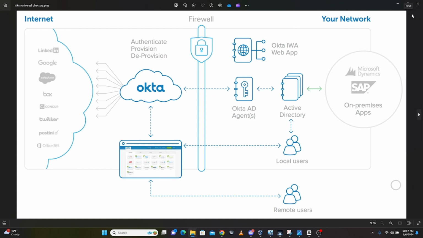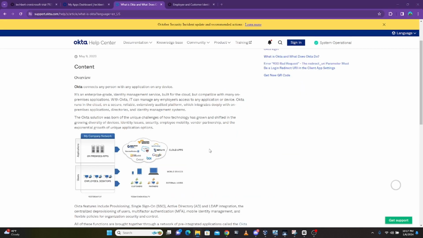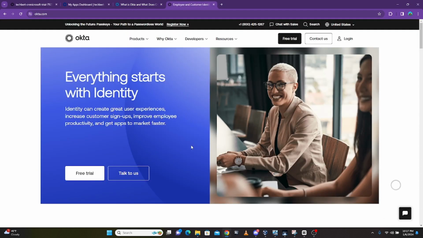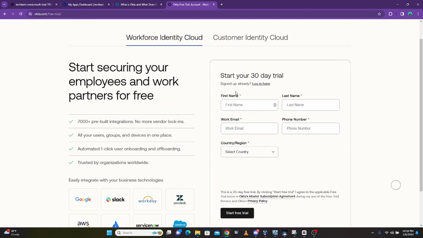Now let's go to the Okta dashboard so that you can see what we're looking for. If you want to sign up, if you like what I'm going to show you, if you want to practice it, if you want to use Okta or get to know deeper things about Okta, you have to sign up for a 30-day free trial. So when you come to the Okta website, okta.com, you come to free trial, and then you can put in your first name, last name,